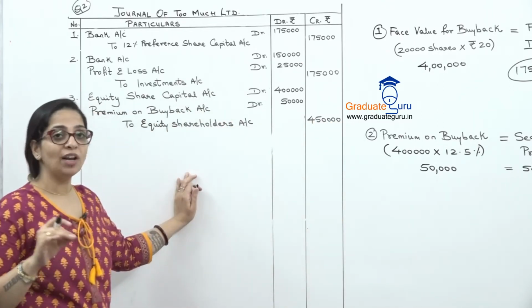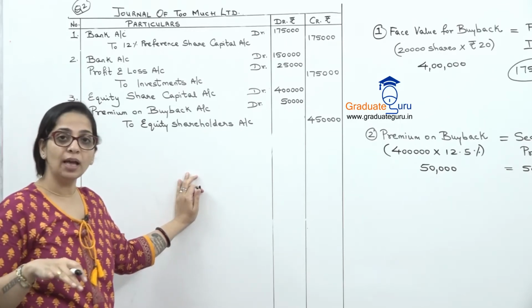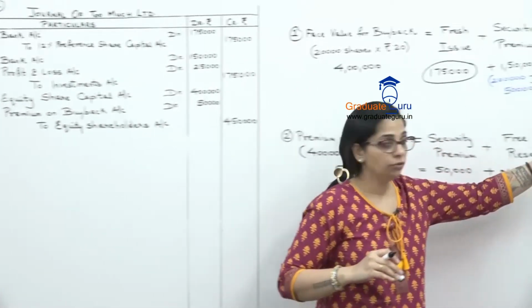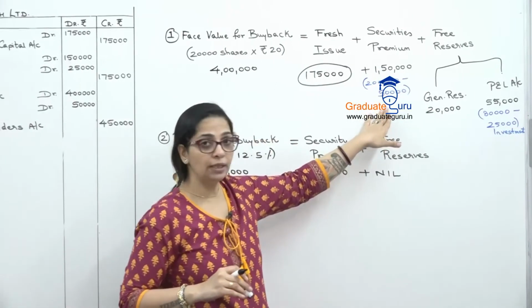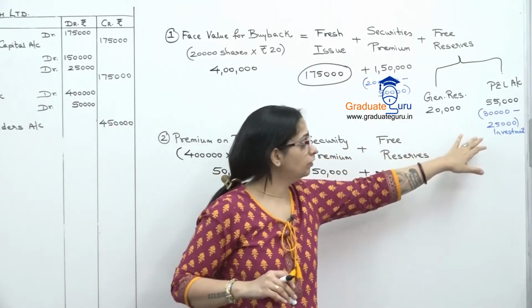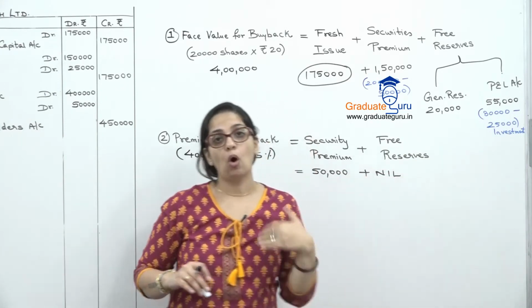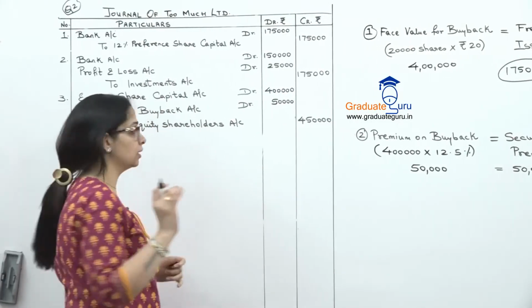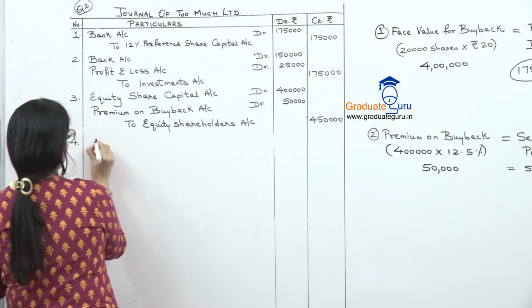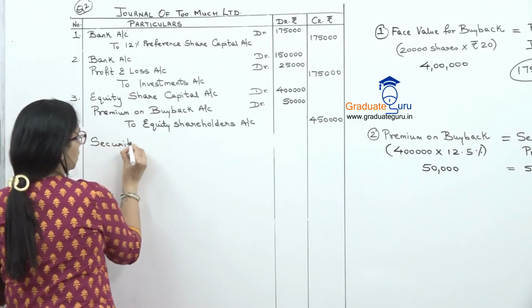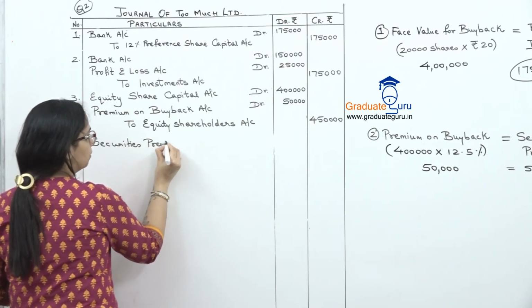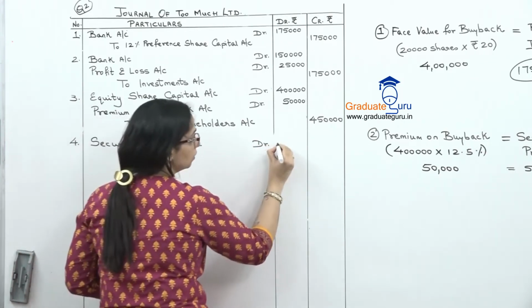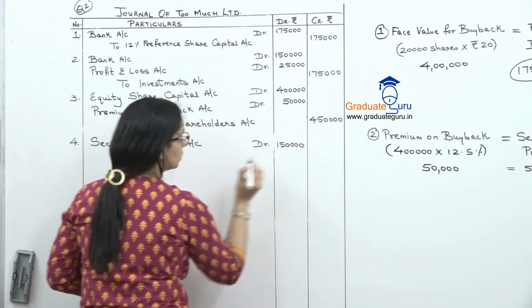Okay. So this we have recorded the buyback. Now after that we have to use our reserves. The reserves we have mentioned here, 3 things we are using. One is securities premium, one is general reserve, one is profit and loss account. So all the 3 reserves we are using and we have to transfer it to capital redemption reserve. So in the order in which we have used, so securities premium account debit, the amount we have used is 1,50,000.